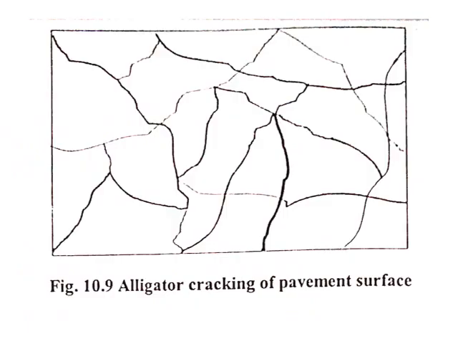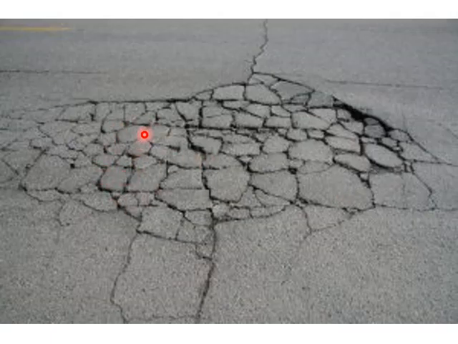So in this image you can see how alligator cracking is, that is there are many cracks in two directions, and then they form block-like shapes. Most of the cracks are interconnected or crossing each other, and they form many block-like shapes. This may extend over a very large area. You can see in the image that there are a large number of cracks crossing each other in perpendicular directions or oblique directions, and it extends over a large area. It resembles the skin of an alligator.